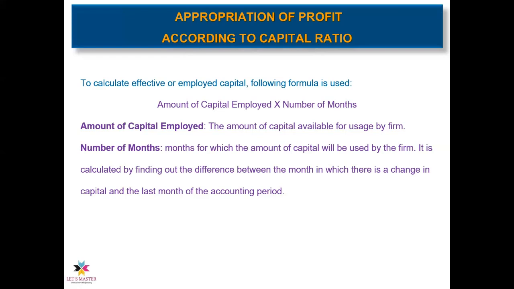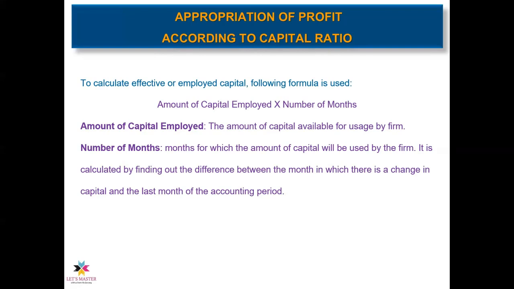So for the first half of the year, that is the first 5 months, the effective capital employed was rupees 70,000. So in order to calculate the number of months for which we have the capital of 70,000, what we will do is we will